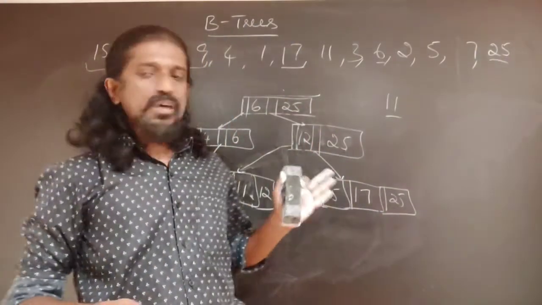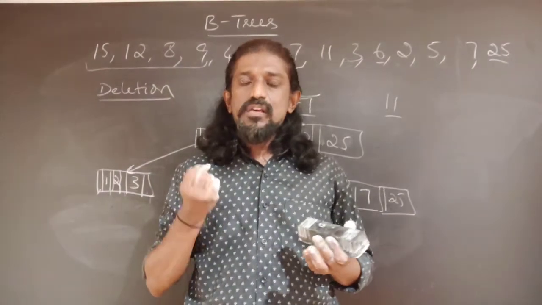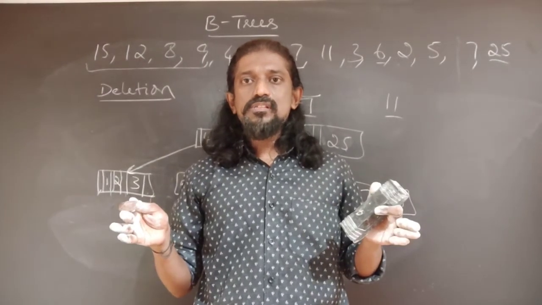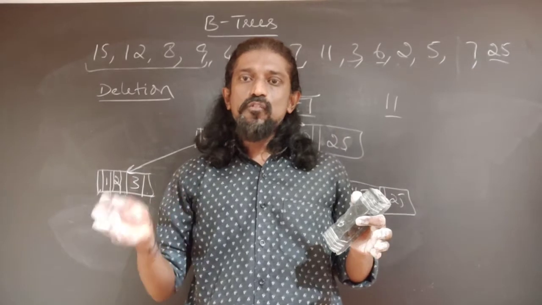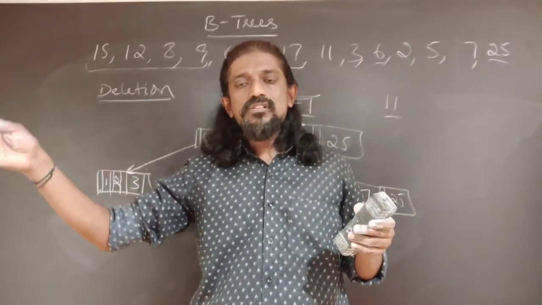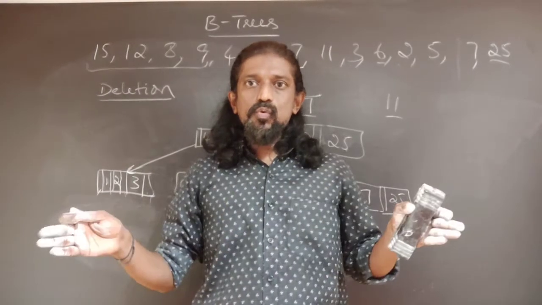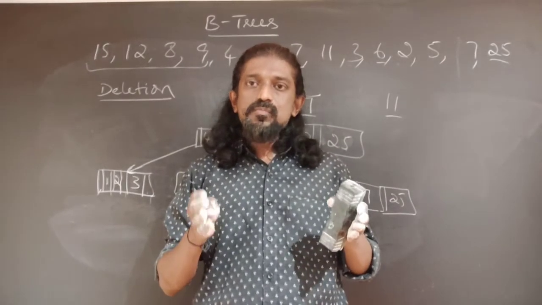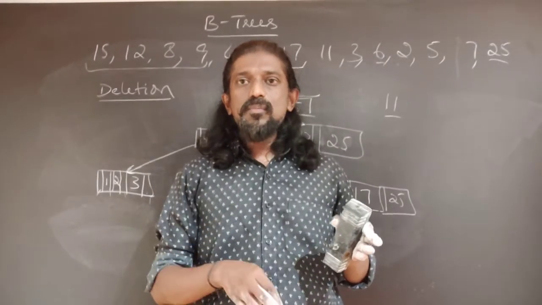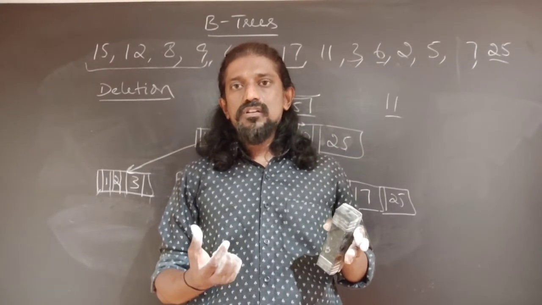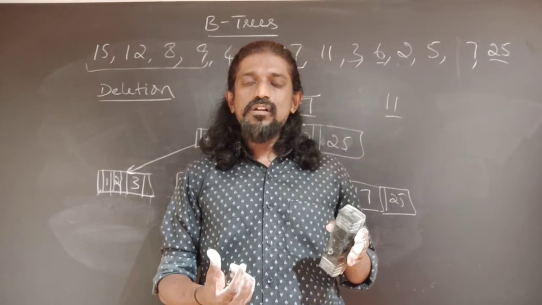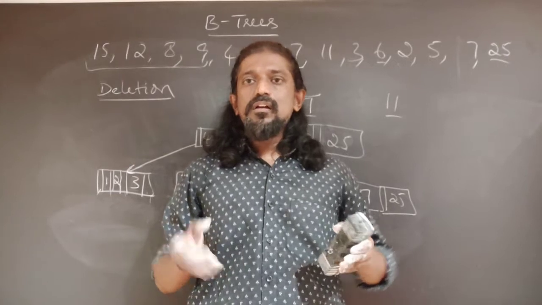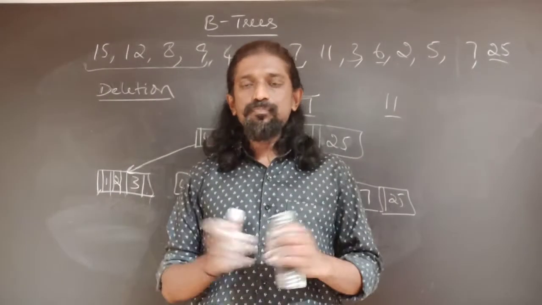To summarize, in a B-tree node, when we insert a key, if the number of keys happens to be more than the maximum number of keys it can hold, that leads to a condition called overflow. Overflow is handled using an operation called splitting, wherein one node is divided into two nodes and both nodes will have half the number of keys. When we delete a key, if the node has the minimum number of keys and after deletion it becomes less than the minimum, the node can't survive. That condition is called an underflow, and to handle it, we perform an operation called merging, wherein we find a sibling that is a neighbor to that node and merge with it by giving all the keys to that neighbor.